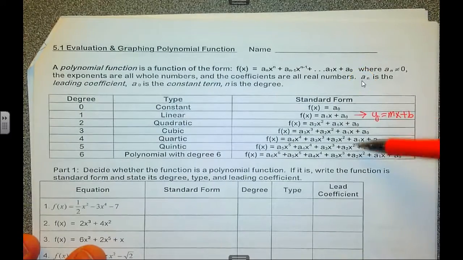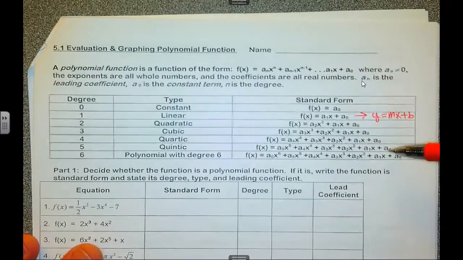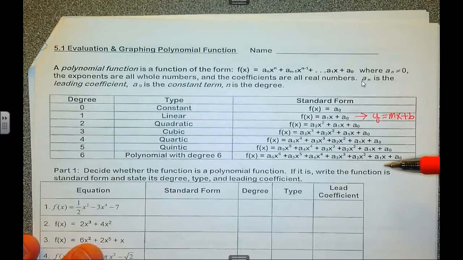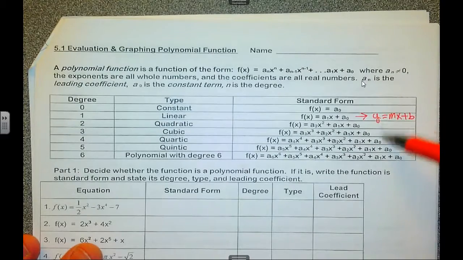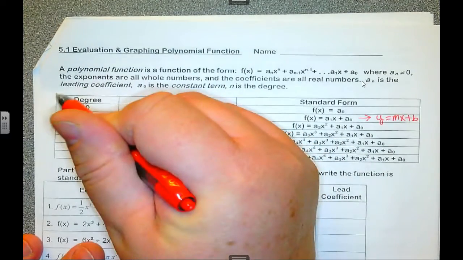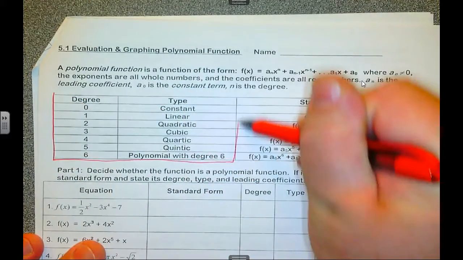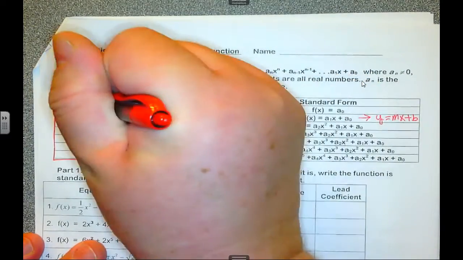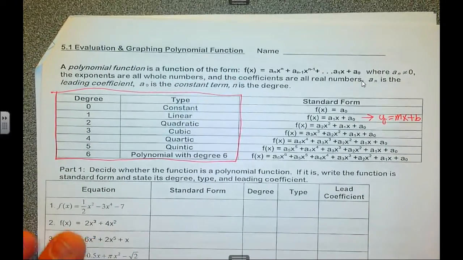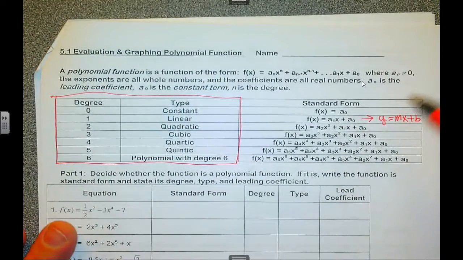All this other stuff, unless you become a mathematician, you're never going to see it again. Numerical analysis uses these formulas. I really wouldn't worry about it. I would, for you guys, concentrate on this. Now, to decide what degree my polynomial is, look at